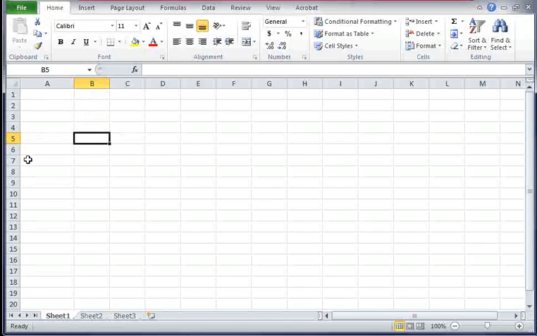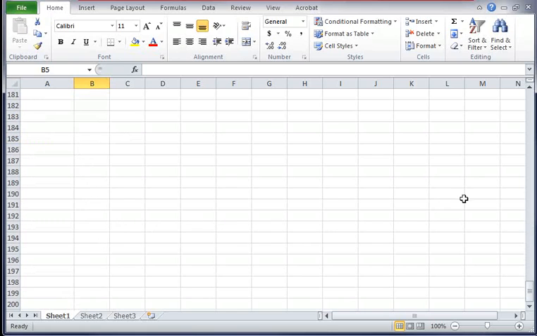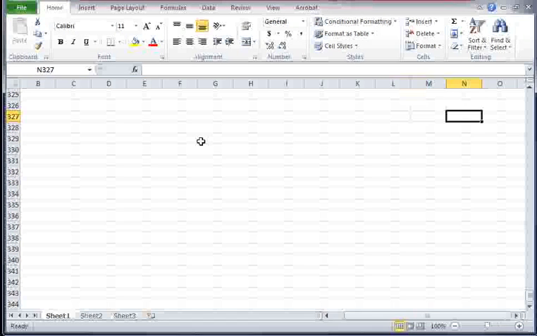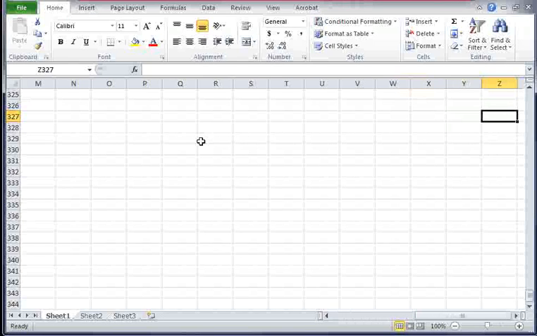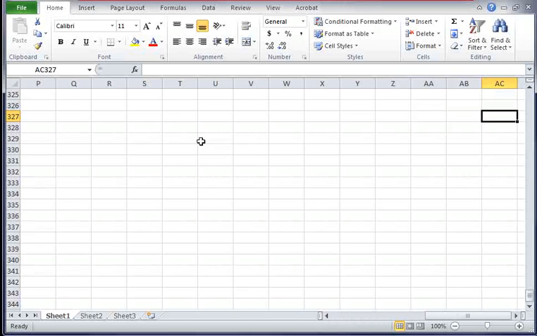Now there's lots and lots of rows in a spreadsheet. If I start scrolling down, you notice the numbers just keep increasing. If you look to the right hand side, the scroll bar just keeps getting smaller and smaller. If I move across to the right, so click down here, it sees 327, start moving to the right, we can move all the way out to Z. But once we get to Z though, it starts lapping and goes AA and then AB, etc. And we can keep moving right across the sheet, and you notice that there is a lot of real estate